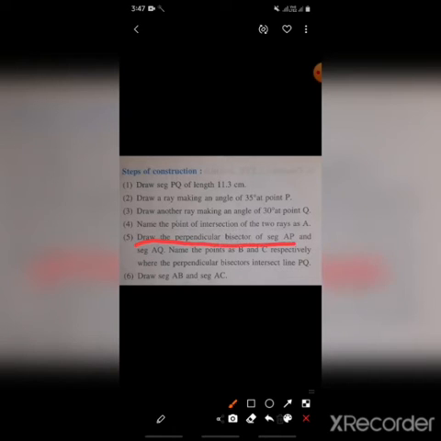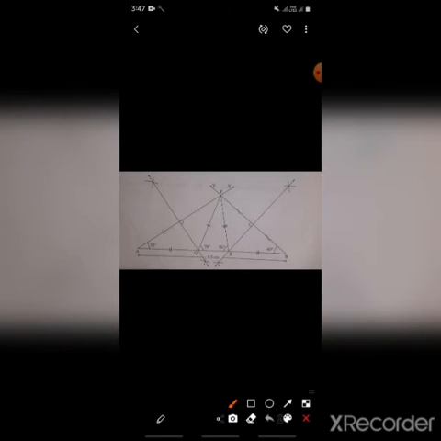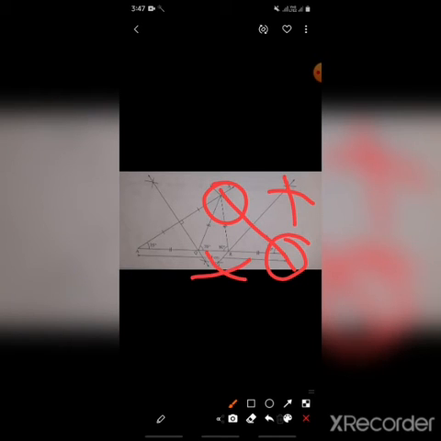Draw a perpendicular bisector of AP and BP. Okay, we have to draw the perpendicular bisector of AP and BP. So from these 2 points we have to take more than half and cross it to make the perpendicular bisector. Then we have to join these 2 arcs. Then we have to take this line. And from this point we have to draw these arcs, that is the perpendicular bisector, and draw it.